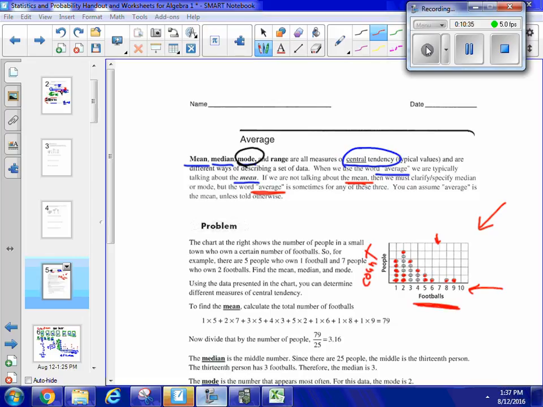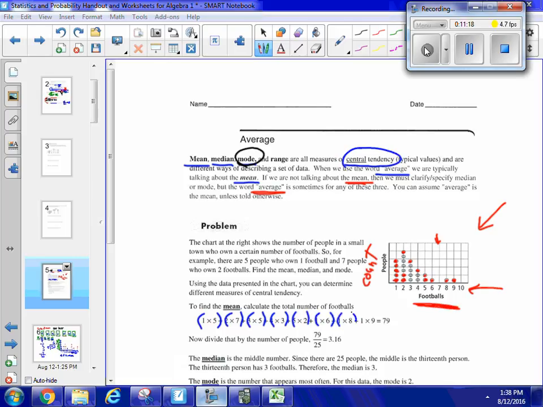So I have 5 people that have 1 football in the house, and I'm adding that to the 7 people who have 2 footballs in the house, and then I'm adding that to the 5 people who have 3 footballs in the house, and I'm adding that to the 3 people that have 4 footballs in the house. Then I'm adding the 2 people that have 5 footballs in the house, and then the 1 person that has 6, the 1 person that has 8, and the 1 person that has 9, and when I add all those up, I find out I've got 79